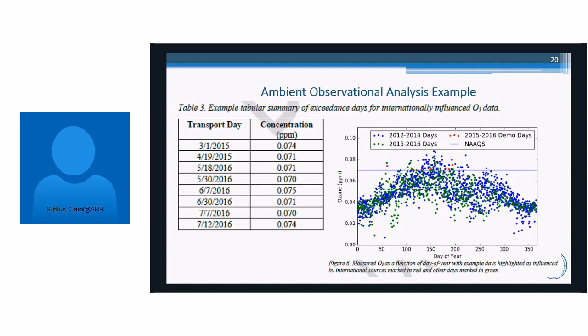As you can see, a lot of the red dots appear clustered around other green and blue dots. The blue dots were not evaluated as to whether or not they were internationally impacted, and the green dots were and found to not be internationally impacted. So they're not jumping off the page as being distinct, which is important information. But if, for example, the days that were internationally influenced had all clustered, for example, between 0 and 50 on the day of the year, they would have clearly been distinct from the other ambient observations. These tables come from page 28 of the draft, and more information about them is available there.